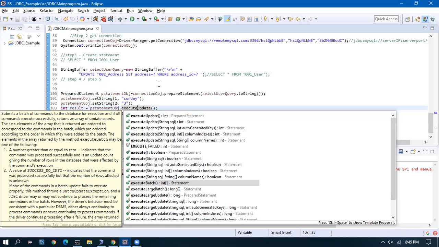Instead of update, you will give insert into, and if you have 10 to 15 values, you will give that many question marks, and then prepared statement dot setString of 1, 2, 3, 4, up to 15. Once this is done, you will trigger prepared statement dot executeUpdate. Even for insert, we have to call executeUpdate.